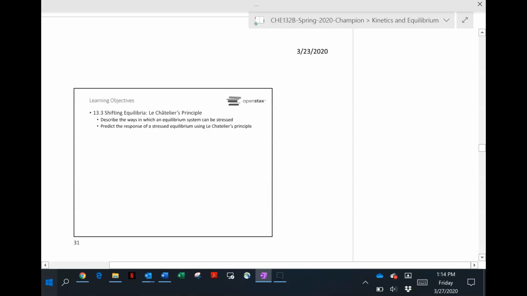Okay, moving on here to Le Chatelier's principle. We're going to talk about how you can stress an equilibrium, what exactly a stress is, and how that equilibrium